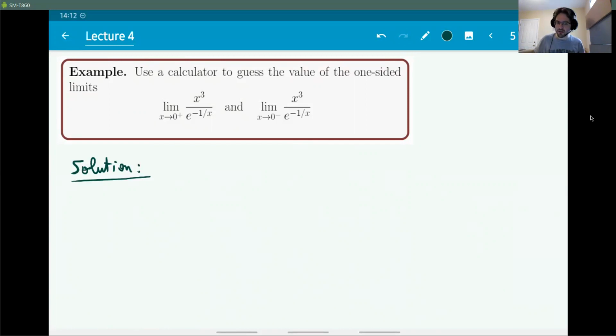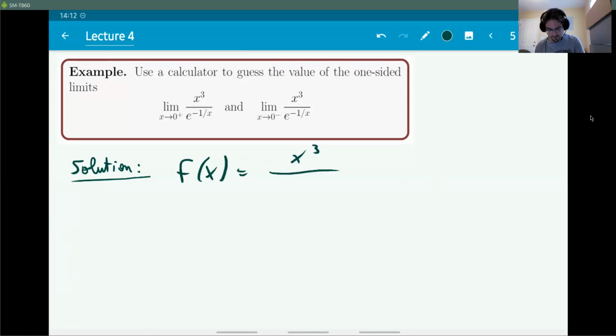But the solution is, if you want to understand a limit, plug in values. What you have to do is plug in the correct values. So for example, if you want to understand 0 from the right, you need to start plugging in numbers which are close to 0, but on the right side, which means positive numbers. Plug those in for x in the expression and see what the expression is doing. So I copied down some values here that I'm going to be writing on the screen. For example, if you plug in 0.1,